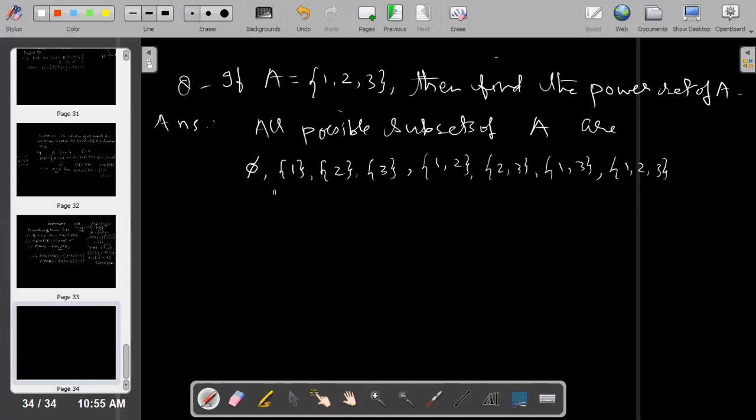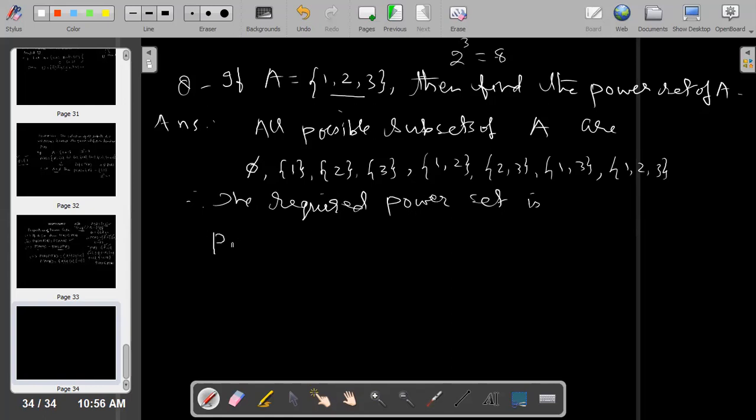Also check how many subsets there are: 1, 2, 3, 4, 5, 6, 7, 8. And how many elements are there? 3. 2 raised to the power 3 is equal to 8. That is correct. That means none are left out. Therefore, the required power set of A, you should write like this, is